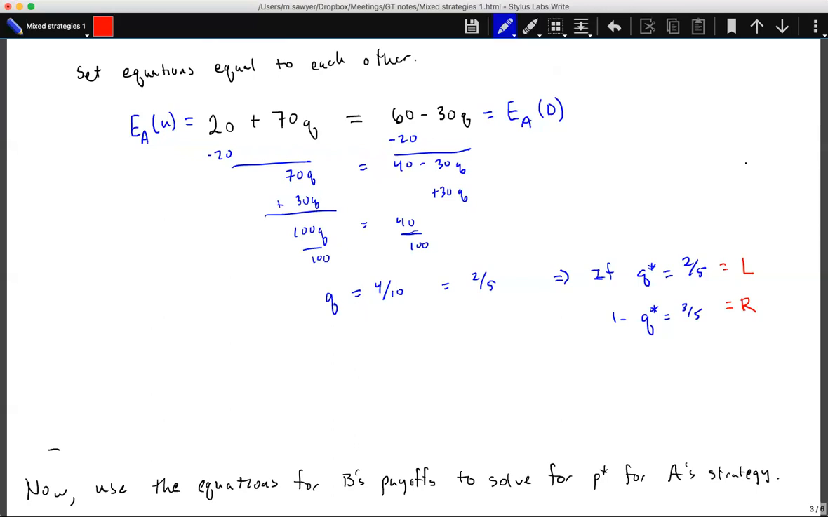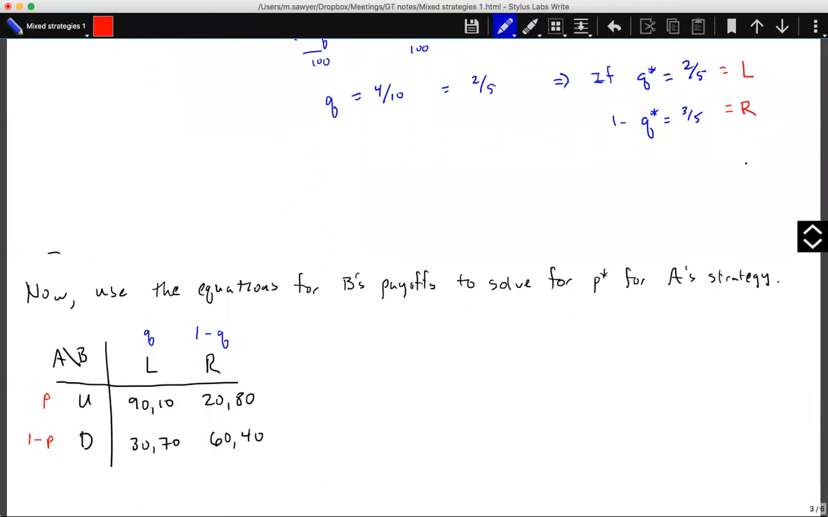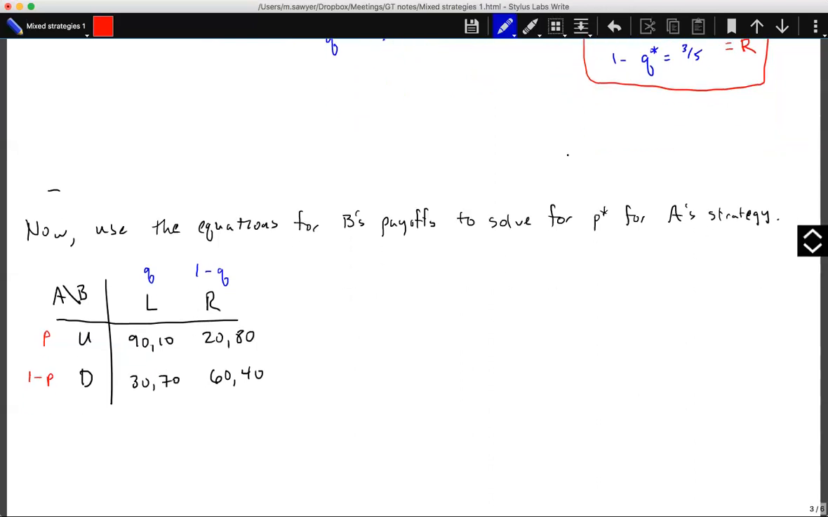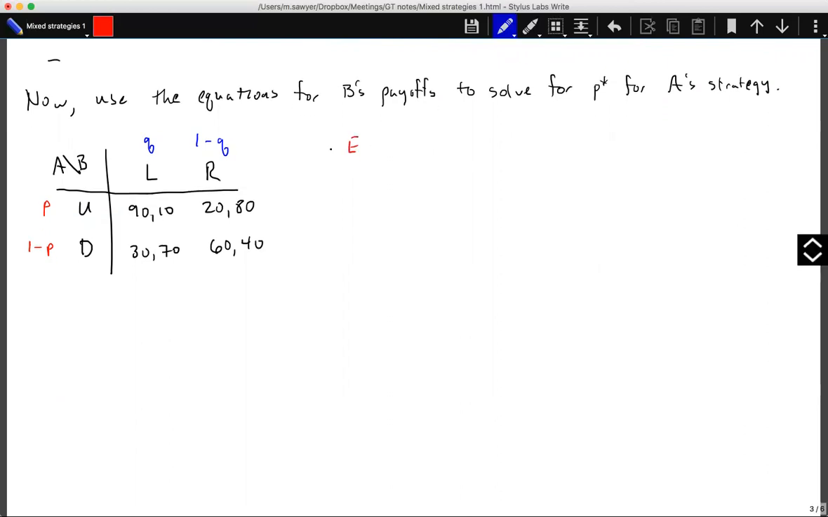And we can use these equations for B's payoff to solve for A's strategies. So now let's keep this in mind. We're going to hold this Q star and 1 minus Q star in our heads for a little bit. And we can do the same thing to solve for P star for A's strategies. So we have the same setup as before. And so we see that the expected value for